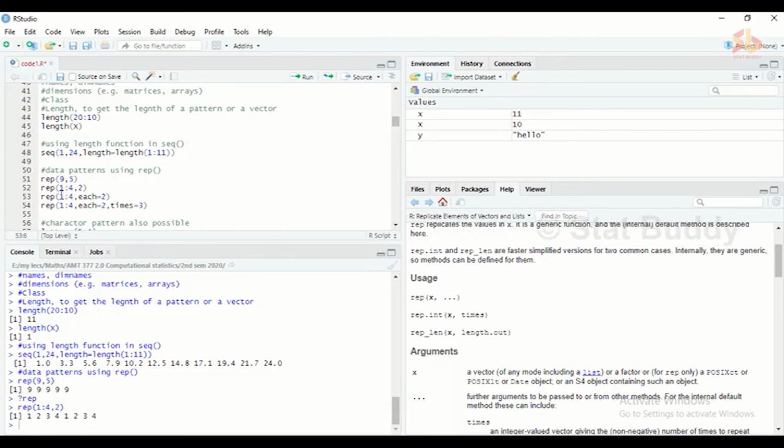My original pattern is 1, 2, 3, 4, but I want a result pattern like 1, 1, 2, 2, 3, 3, and 4, 4, which means it repeats the same number twice.